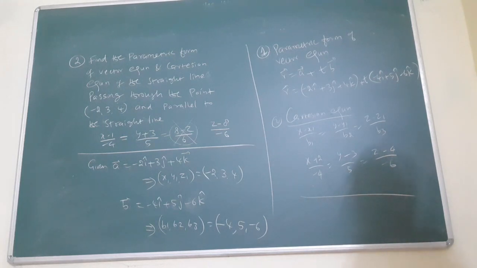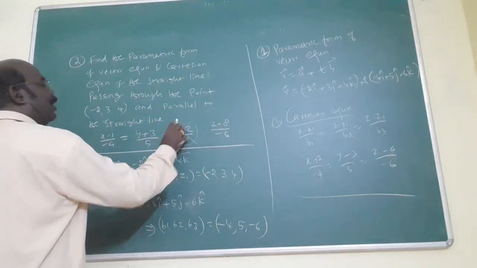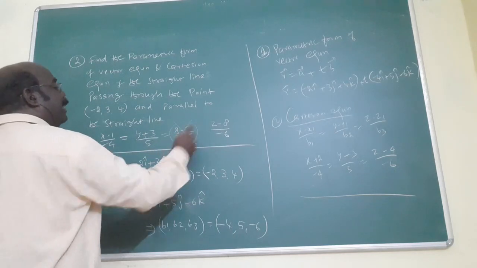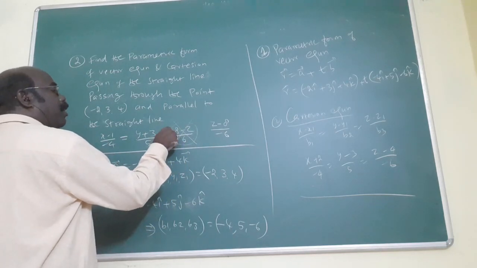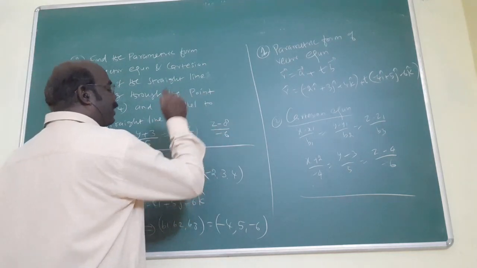In this way you find the parametric form of the vector equation and the Cartesian equation. Write the formula, substitute, and you will get the answer. Moreover, this question is actually this one, but here the minus is not coming in the first term. That's why we interchange: multiply by minus in the numerator, and the denominator also is multiplied by minus 6. That only gives you the answer, minus 6.